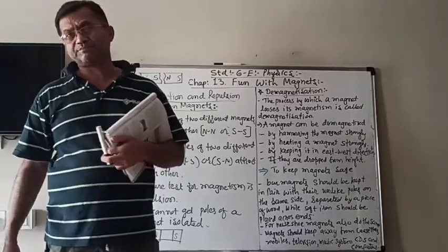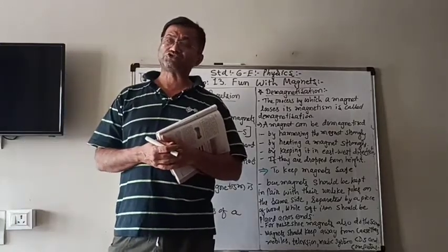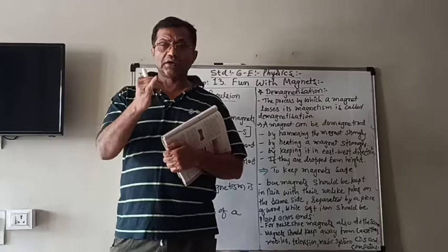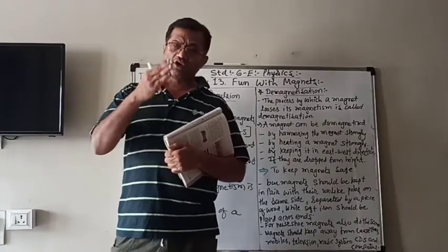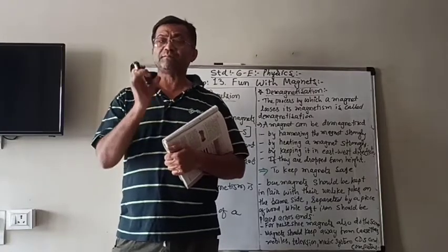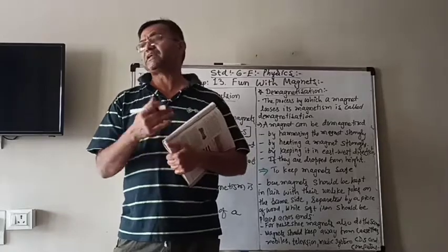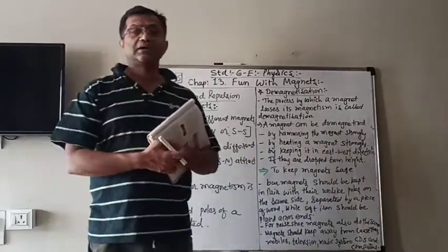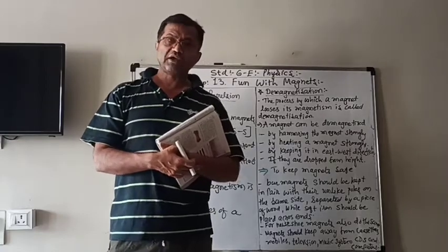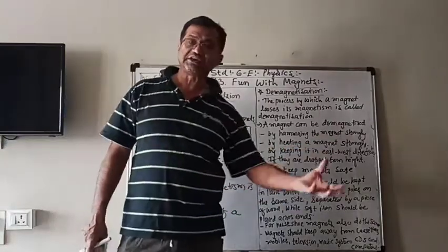so that we can protect them. Also, we have to remember that all the magnets, when we store them or use them, should be kept away from mobiles or television or cassettes or CD players or CDs, etc. Because they also use magnetic materials inside, and because of the interaction between them, they can damage the mobiles and computers, CDs, etc. And therefore you should keep them away from these things that I already explained to you, that music system or television, mobiles, CDs, etc.